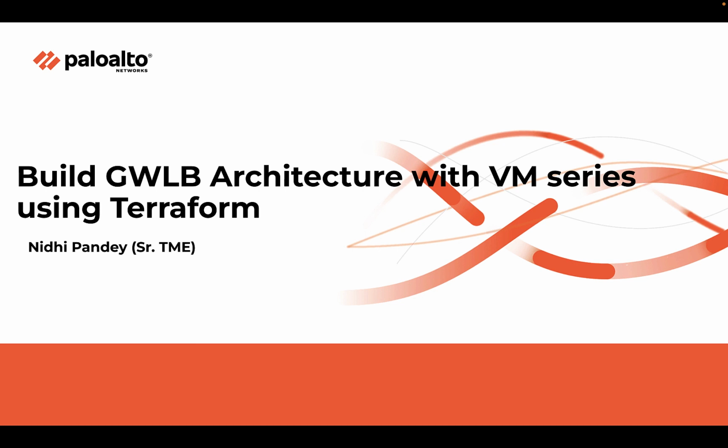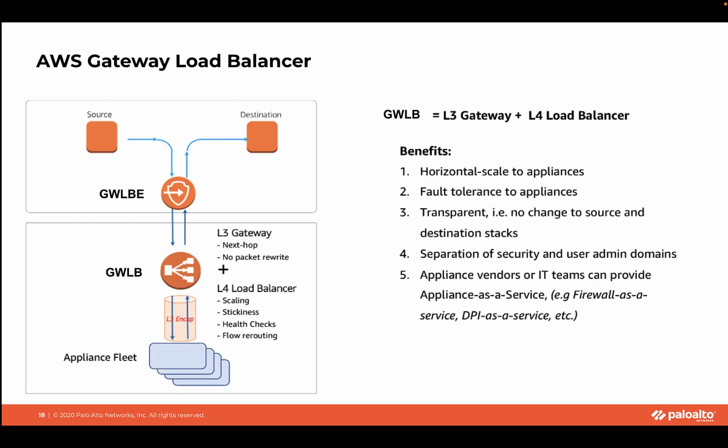In this video, we will look at how to build a gateway load balancer architecture with VM-Series using Terraform scripts. Gateway Load Balancer service is a load balancer in AWS with L3 and L4 capabilities. It can be used to deploy centralized security architecture with VM-Series firewall. It provides capability to deploy and manage horizontally scalable VM-Series firewall and provide security controls and compliance check in your